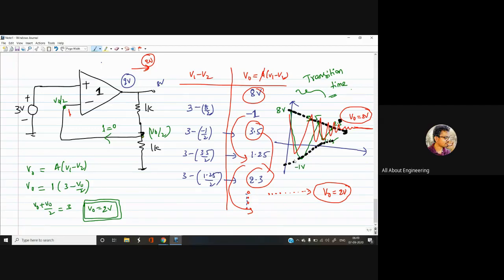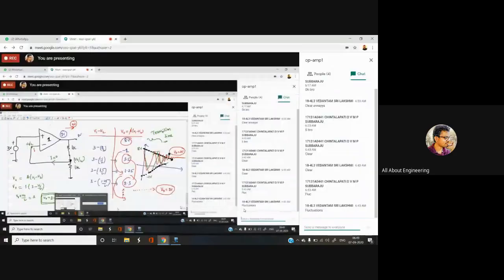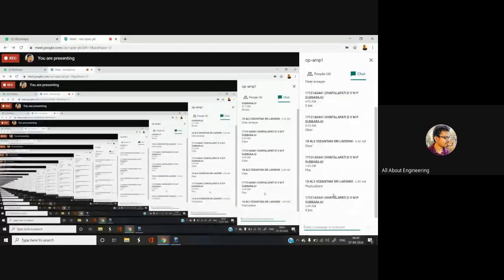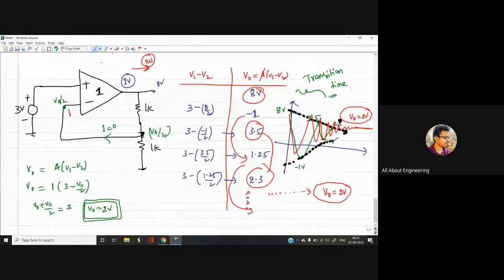Now, as the loop gain decreases, the error between the terminals also decreases. What I'm trying to say is that this converges to a fixed value. Now, let us do the same thing for increased gain. Guys, are you clear so far? Yes, are you clear? You got this, right? How it is going to get a stable output? Yes. Okay. Now the important thing is I'm going to erase all these things. If you want, you can take a snapshot right now. You can watch the recorded session.